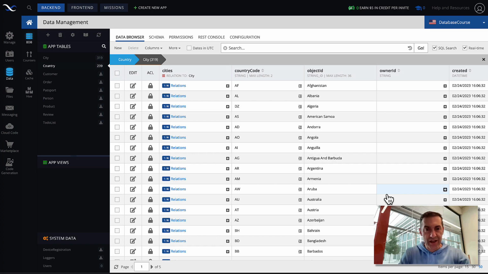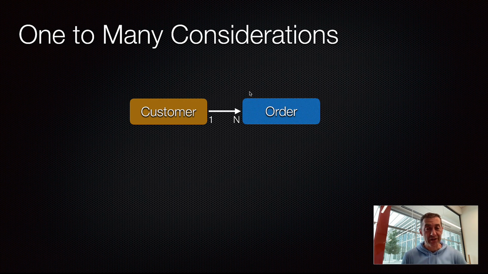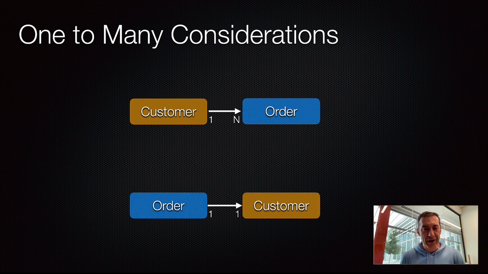I'm going to switch to a slide. So here we have a schema where the customer table has a one-to-many relation to the order table. And it's fairly straightforward. That's how it should be, you could say, right? But let's consider another alternative. And it may look a little odd at first, but trust me, it will make perfect sense. So another alternative could actually be order pointing to customer, which is a one-to-one relation.